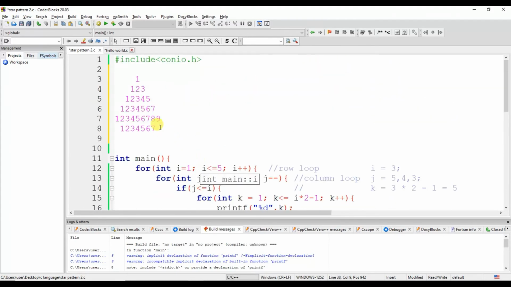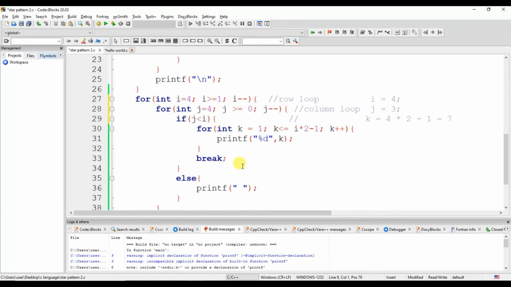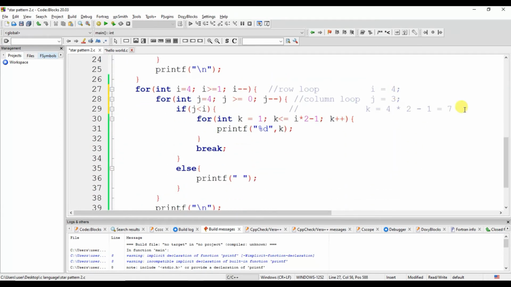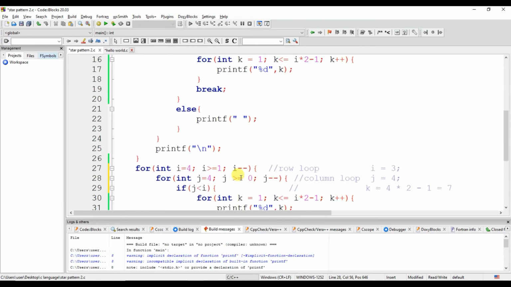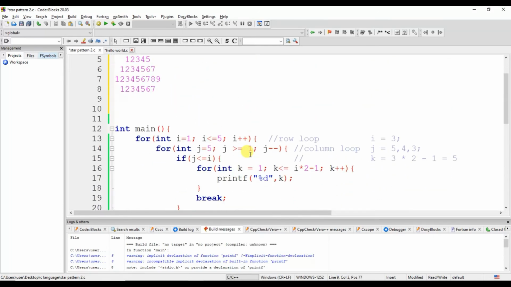When it comes to the end of line, the cursor is at the starting position. After that I becomes 3 now, J becomes 4 again. 4 is less than 3? No, the condition is wrong, so it will print the space.